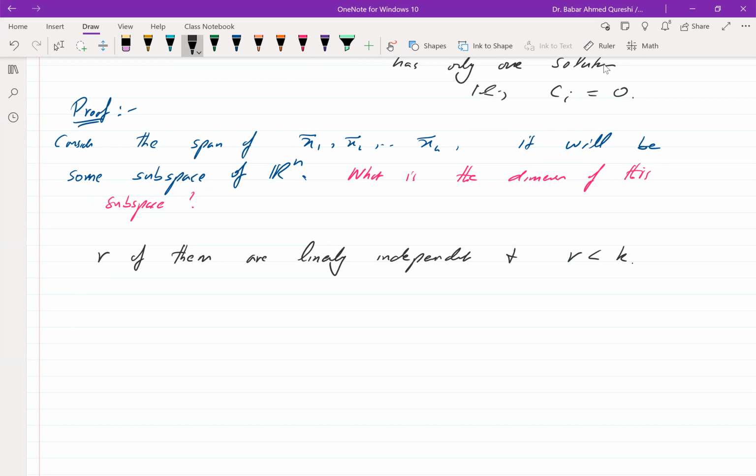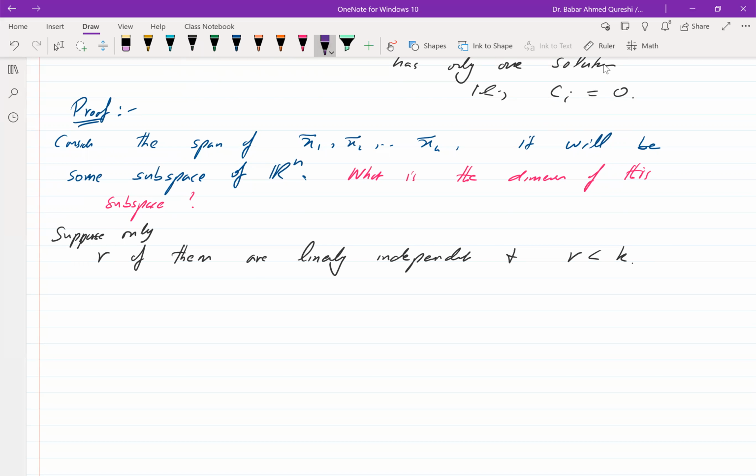I have to prove that all of them are linearly independent, but I'm not sure if they are. So suppose only r of them are linearly independent, where r is less than k. Well, some r will exist, because if I consider only one of them, that one vector is always linearly independent,